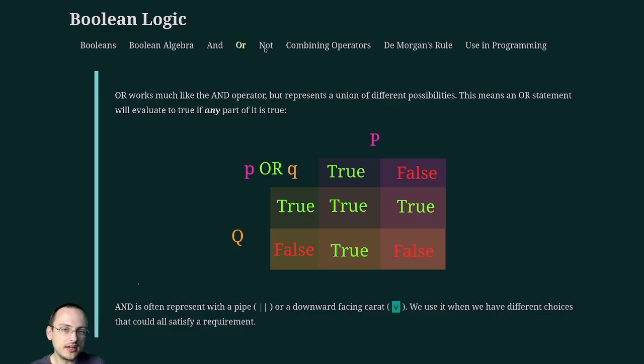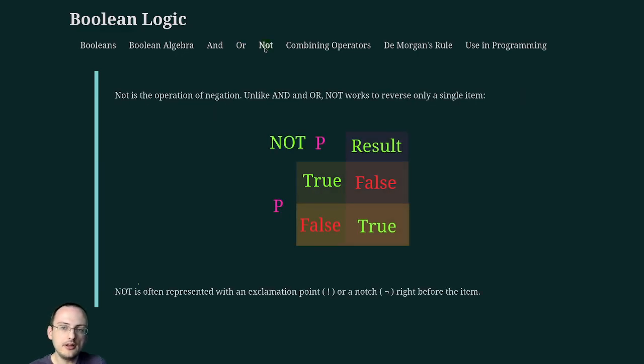The last one I want to look at is NOT. And if you notice, the truth table on NOT looks a little bit different. And that is because NOT doesn't work with two things. AND and OR work sort of like our normal algebraic operators, where they go right between two things. We saw P or Q, P and Q. With NOT, it is a unary operator. It is applied to one single thing, sort of like an exponent in algebra. In our case, the NOT is a prefix right before a variable. And this is the operation of